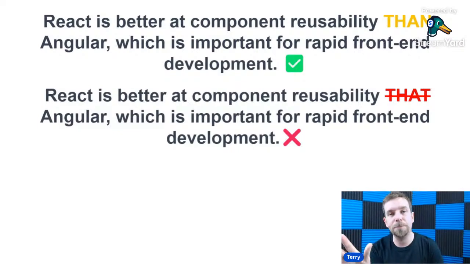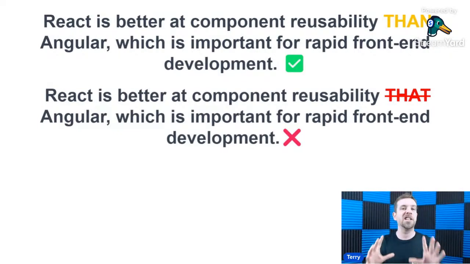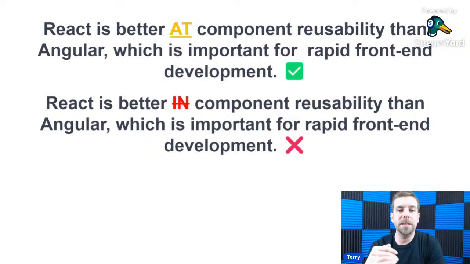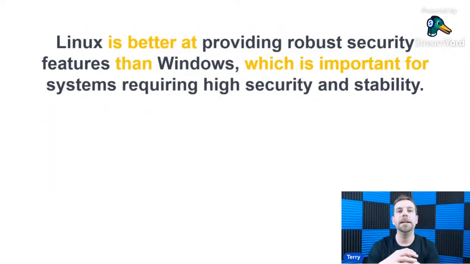It's not a different word, but in English it's very strict. If you're comparing, it's "than": better than, always. And then we always say React is better at. It's very common to hear students say "is better in," but the native speaker will always say it's better at, okay? Linux is better at providing robust security features than Windows, which is important for systems requiring high security and